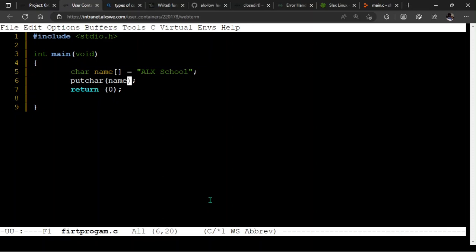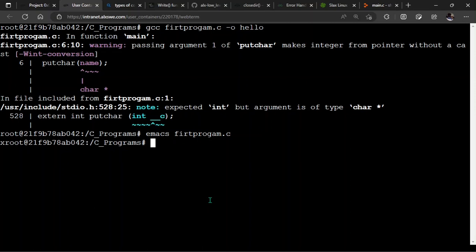Now, if I want to print the A, I'm going to put index 0. I'm not passing the character as a string type, but I'm passing an index, which is an integer data type, that will in turn print the value at that index of the array. So if I compile this,